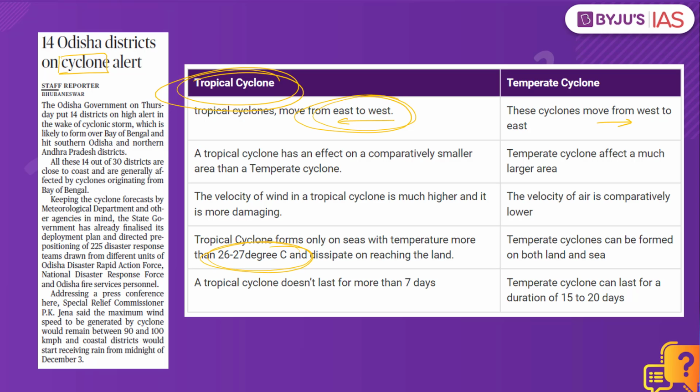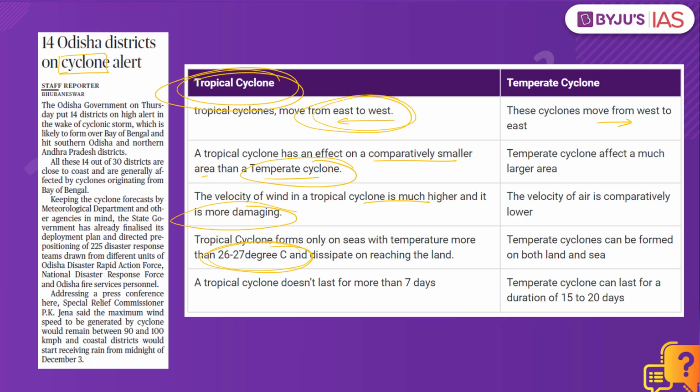A tropical cyclone has an effect on a comparatively smaller area than a temperate cyclone, which means the temperate cyclone impacts a much larger area in comparison to the tropical cyclones. The velocity of wind in a tropical cyclone is much higher and it is more damaging. So if it is a comparison of damage caused by the tropical cyclone and the temperate cyclone, which is more impactful, which will have more negative consequences, it is the tropical cyclone which will have major economic consequences on the